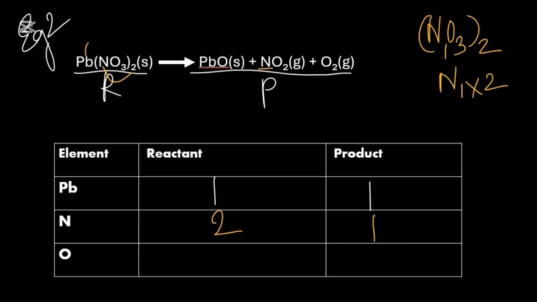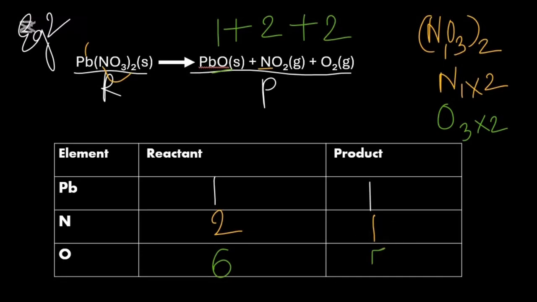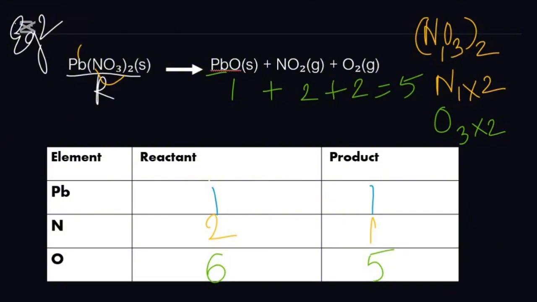Now on the product side, it is 1. Same in the case of oxygen. 3 multiplied with 2, so 6. All 3 products contain oxygen. Lead oxide contains 1, nitrogen dioxide contains 2, oxygen contains 2. So 1 plus 2 plus 2 is equal to 5. Now let's balance the product side. We will add the coefficient 2 in front of the nitrogen dioxide. So nitrogen gets balanced, but the number of oxygen is equal to 1 plus 4 plus 2, which is equal to